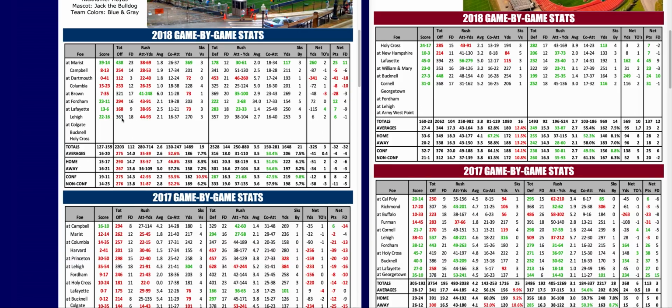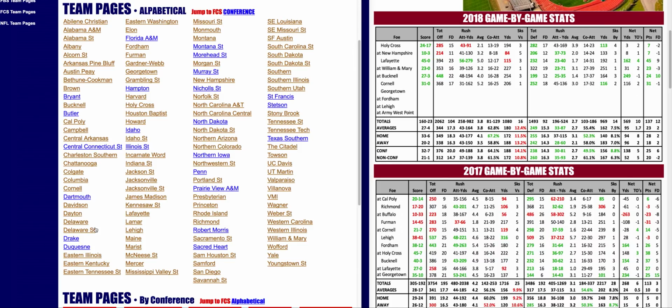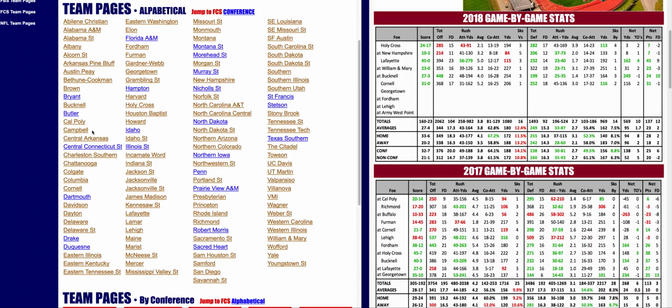Lafayette. Now, 363 yards against Lehigh. That got my attention, and I said, maybe their offense is getting a lot better. Then I clicked back and looked at the Lehigh page, and we see that their defense had just allowed 629, 500, 733, and 488. 363 made that Lehigh defense the best they'd been against an FBS school all season long. They're feeling pretty good about themselves defensively after getting absolutely destroyed, and that's why Georgetown was able to move the